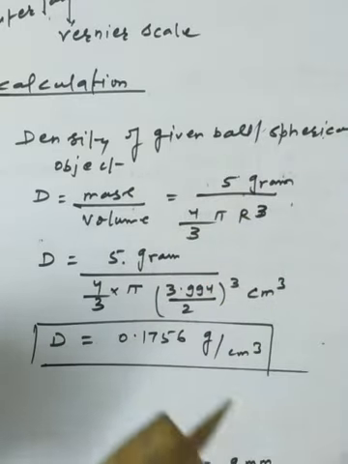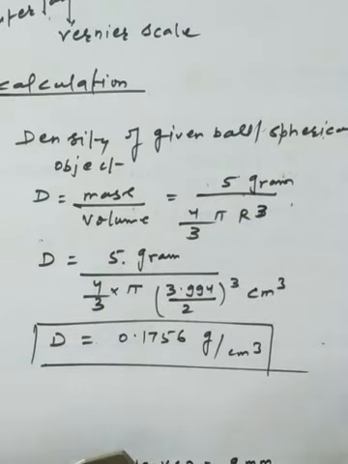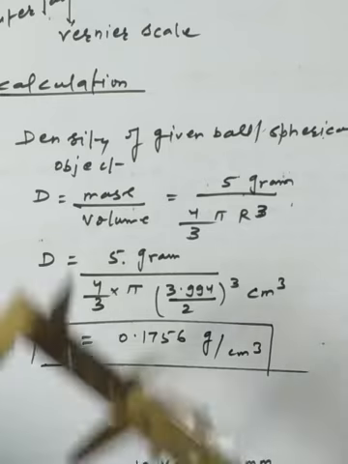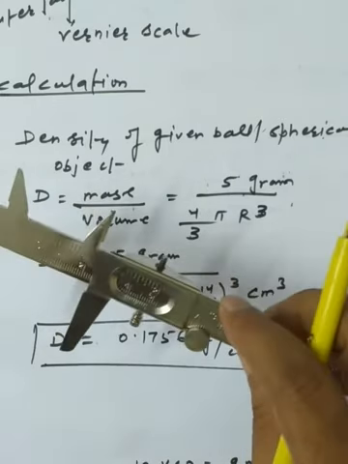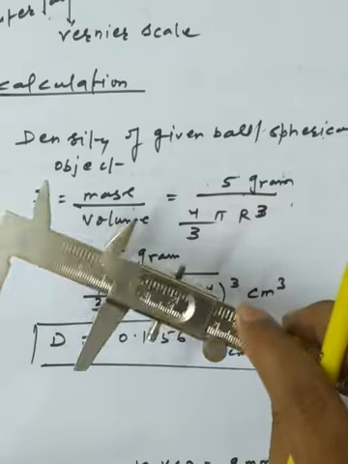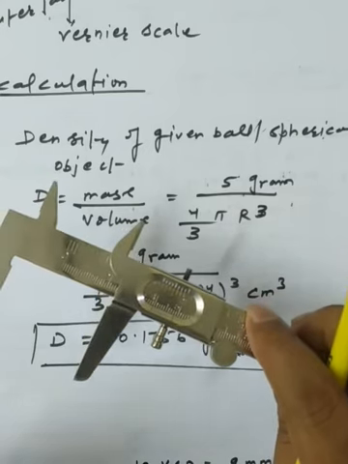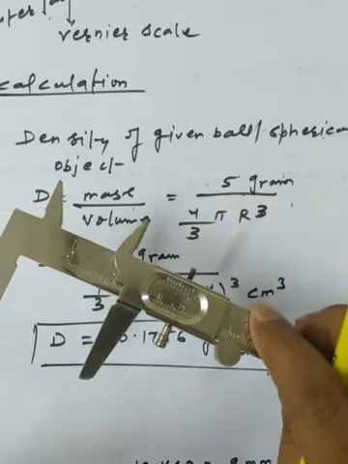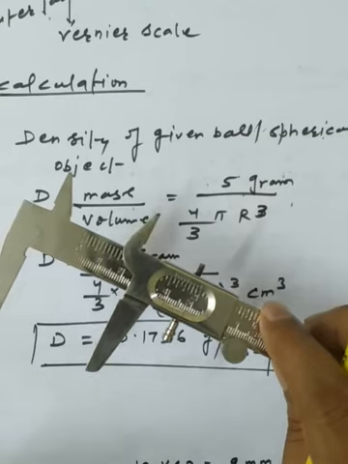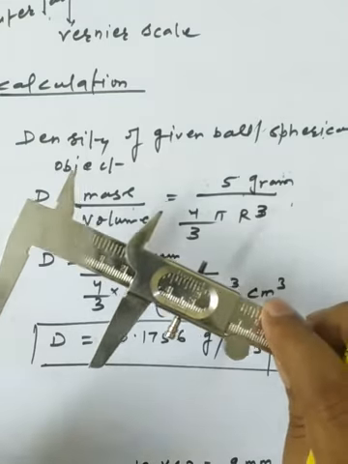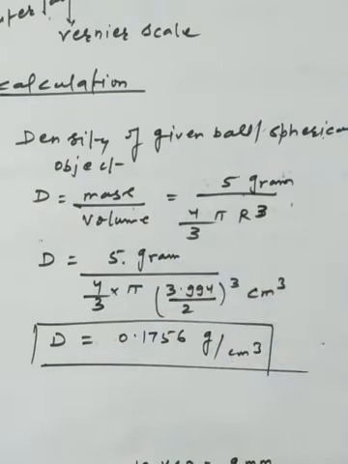Now next time I'll show you how we can utilize this vernier calipers to find out the depth, external diameter, internal diameter, and the height of a given object, that is called the calorimeter, or simply I can use the word glass. Okay, so this is the simplest method. Now we still have work in this exercise, how we can finalize it. Now what kind of possible result, because each practical has its own result, dear students.